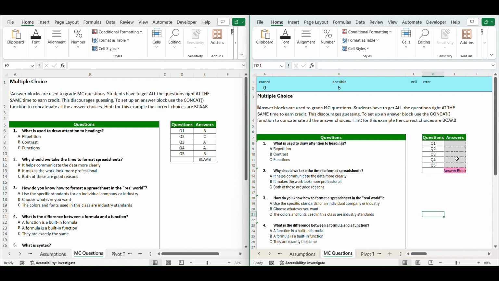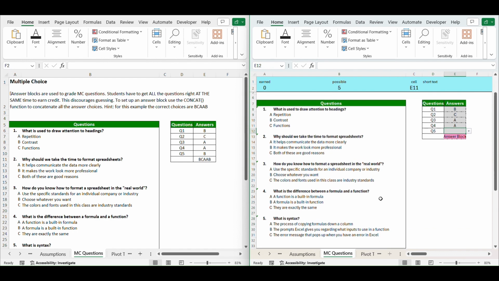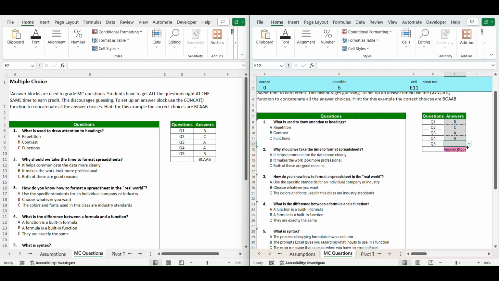So let's take a look at that. Let's say the student starts answering the questions, right? They get B for question 2, C for 3, A for 4, A. But instead of getting B for question 5, let's say they go down here and say, what is syntax? Oh, I think A is correct. Let's put A. They do not get any points, and the answer block does not